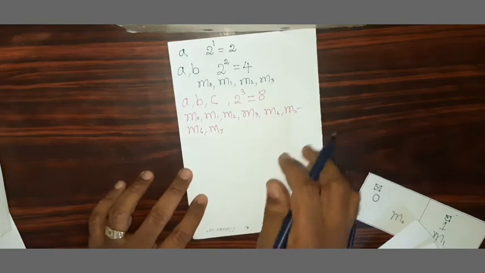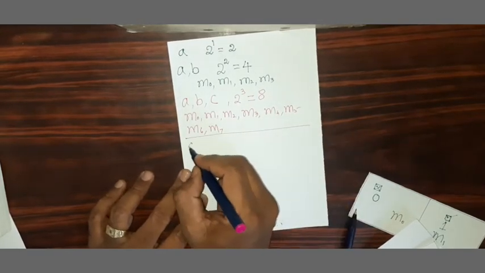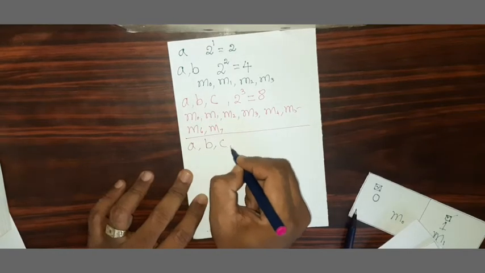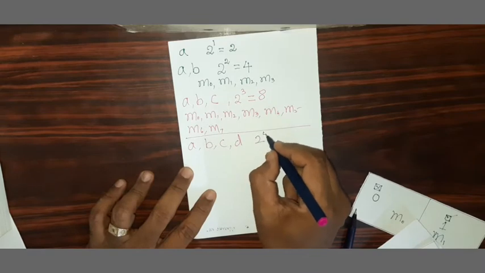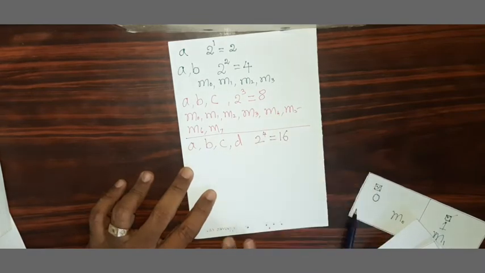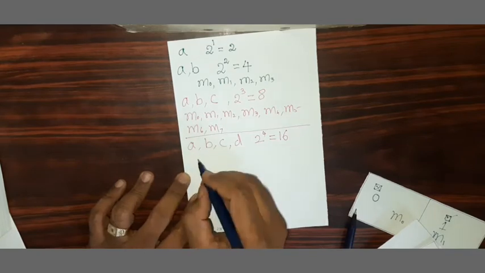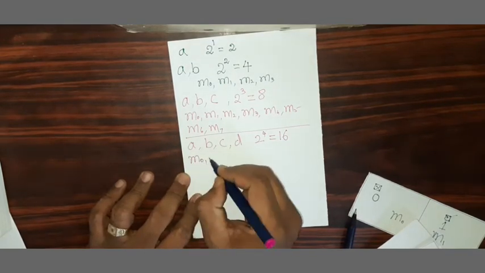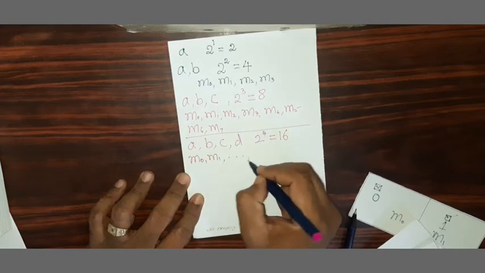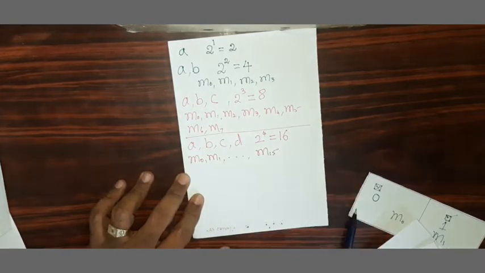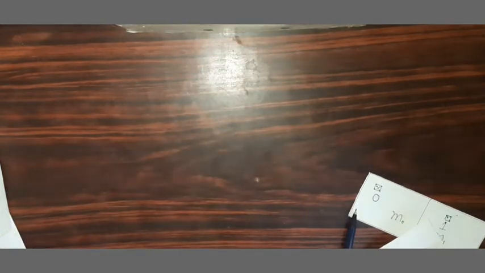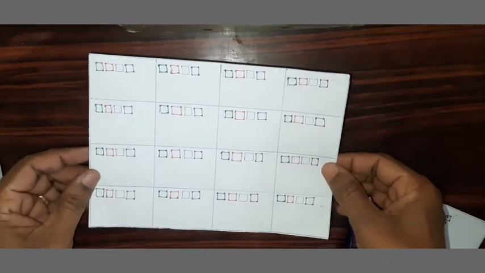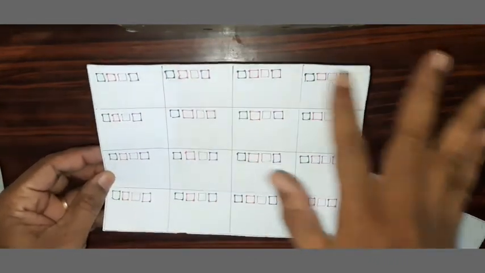Okay. Now let us go to the 4 variables. Let the variables be A, B, C, D. Then there will be 2 power 4 minterms. That means we will have 16 minterms. What are the minterms then? We will have M0, M1, it will go up to M15. So in Karnaugh map, we need to have 16 cells. That is, you will get the Karnaugh map in this form. You can see there are 16 cells.